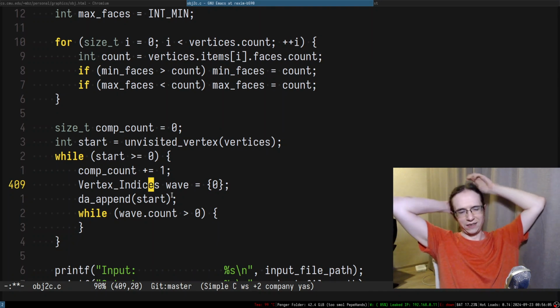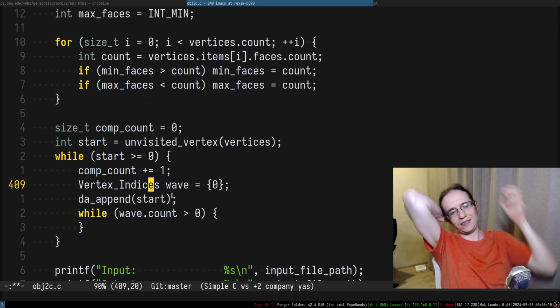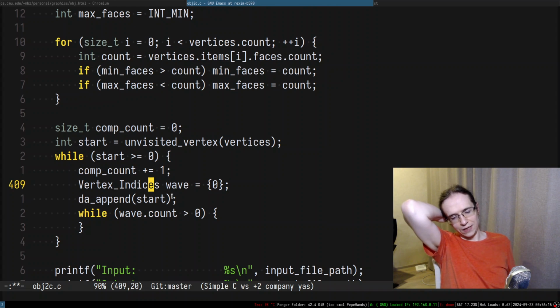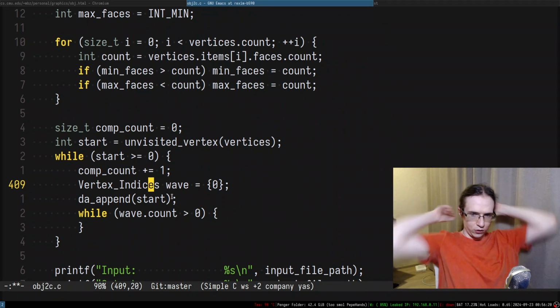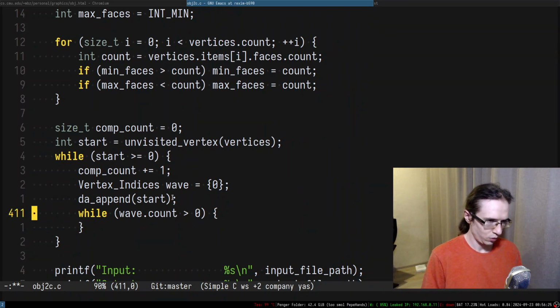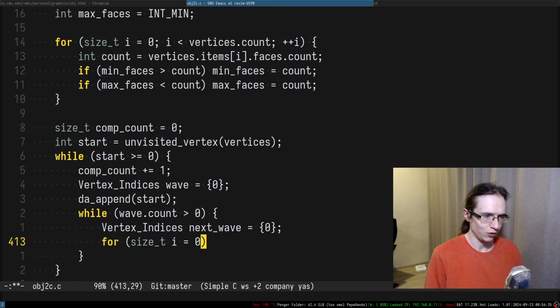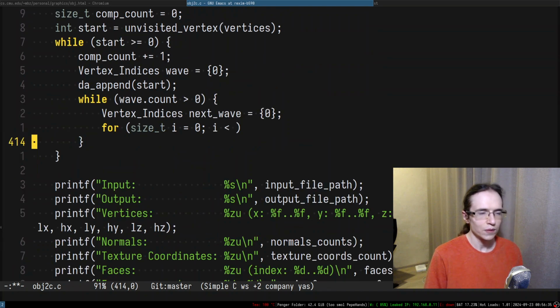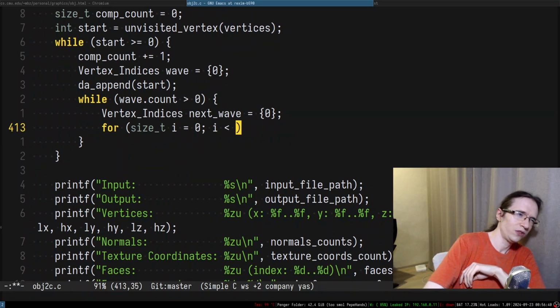Oh, this one is a little bit nasty because, yeah, it needs to be a queue. If we want to be using this single data structure, it's better to just push at the end and pop out from the beginning. But if we don't have a queue, we need at least 2 arrays in here. So we'll have to be computing the next wave, and we're going to be iterating through the elements of the old wave. And honestly, we'll have to be switching between them